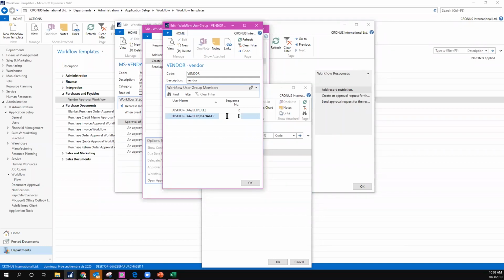Why I'm doing this with the vendor, okay? Normally, when a team is reviewing, it is regarding information, a team of persons when you create items, a team of persons where you have a validation to be done in sequence by many people. But it's not exactly like we did before, because the purchaser is more related to the amounts, to the budgets, and some specific operations. But in this case, it's just informational, maybe a specific field. Maybe the vendor, the address, the actual information is reviewed by the person who is creating the vendors,